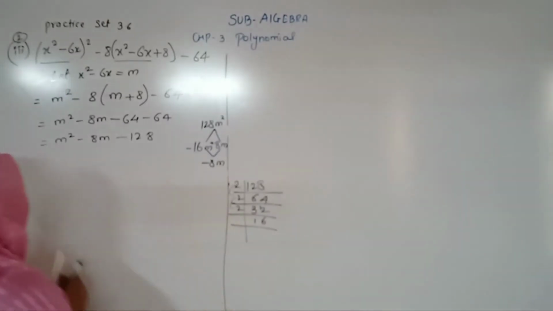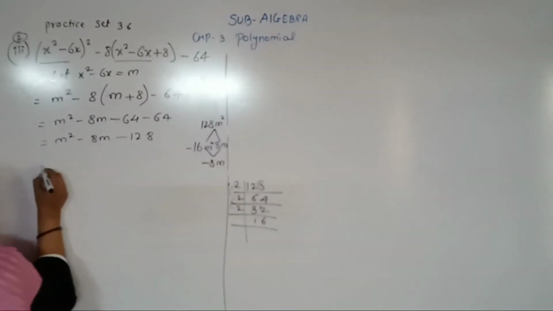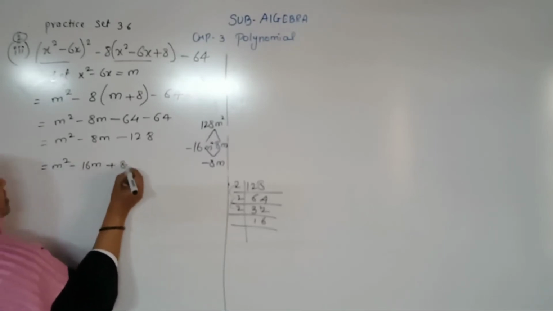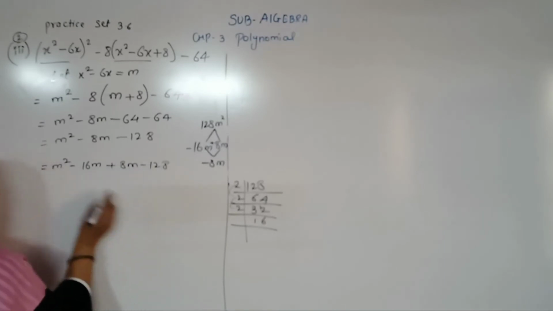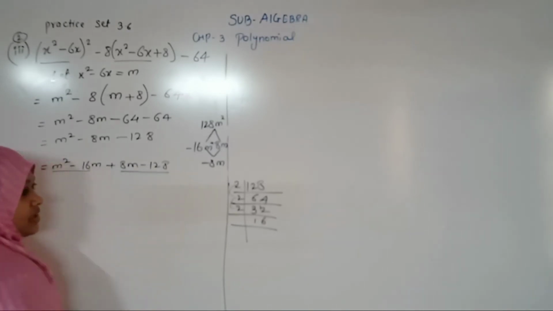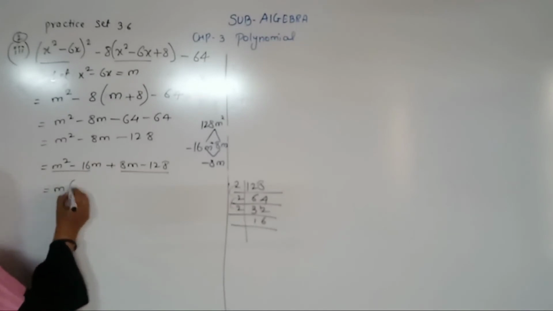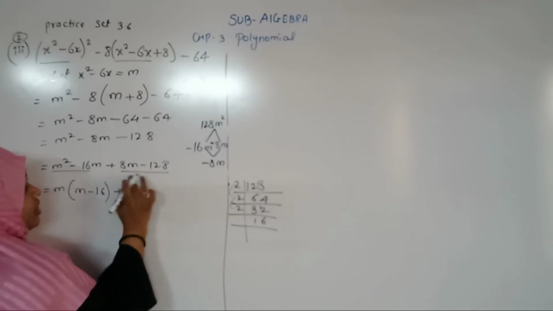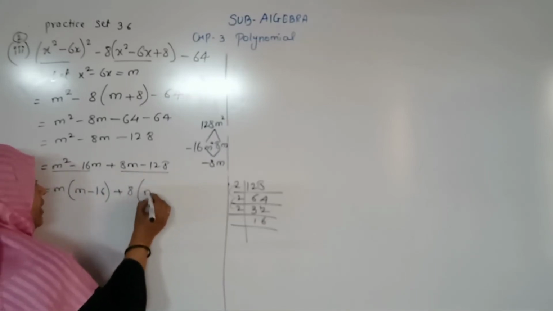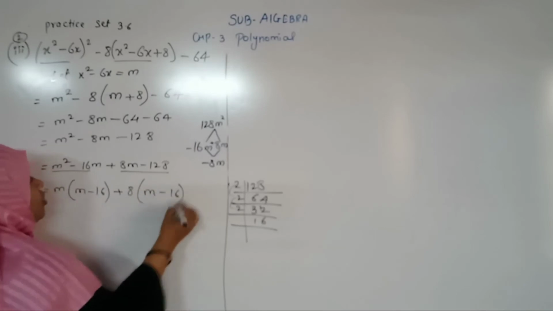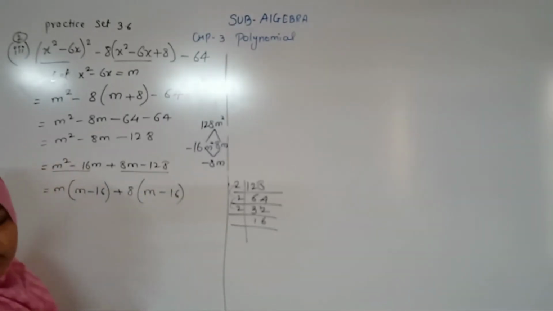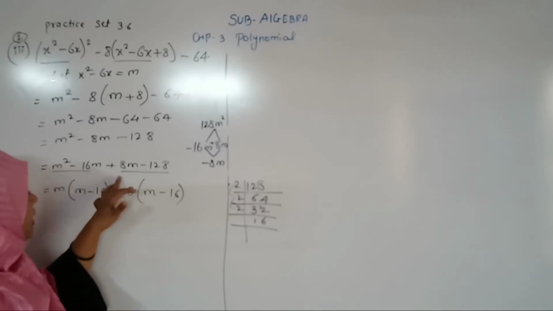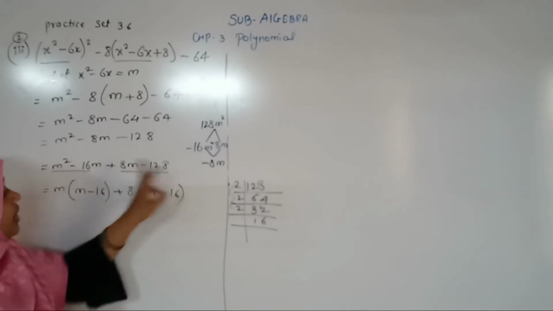Understood? So instead of 8m I will take these two numbers. Okay beta? M square minus 16m plus 8m minus 128. So I will take these terms and take the common out. What will remain? M minus 16. In between now I will take the smaller number 8, and 128 divided by 16. You know now how to take the common, because before that I have explained it to you. See what common I should take, and I can take m out, because both the terms have m.